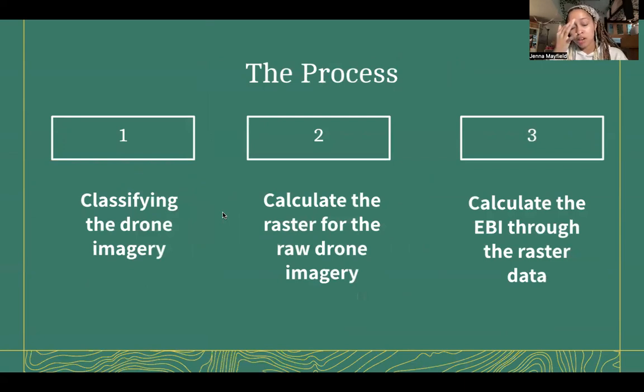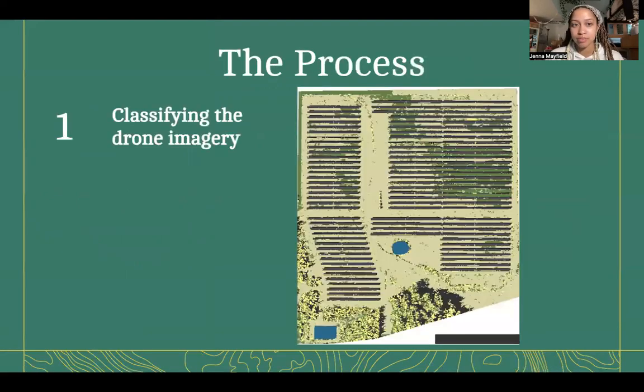The process of classifying the landscape: step 1 is to classify the drone imagery. Step 2 is to calculate the raster for the raw drone imagery, and step 3 is to calculate the EBI through the raster data. Firstly, I classified the drone imagery to see what was solar panels, grass, wildlife, anthropogenic, and dirt. I did this by importing the raw drone image into ArcGIS Pro, running it through a training sample that was given to me, and then reclassifying different parts to make it more accurate. Next was